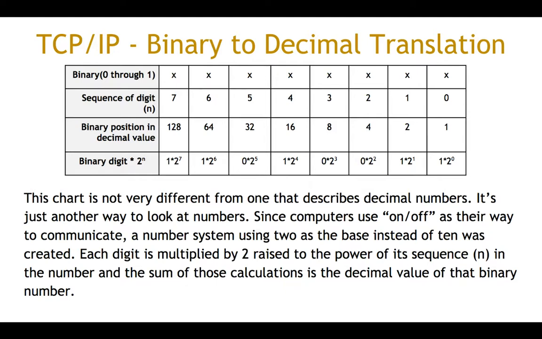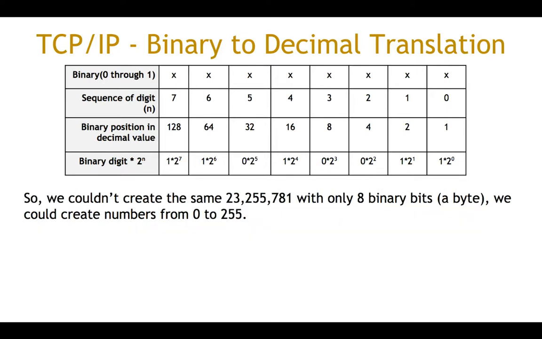If we were just a being that had just 2 arms, we would probably use the binary numbering system because it would be familiar to us. We tend to use, or people, animals, whatever, tend to use what is familiar to them to help them along. All right, we couldn't create the same number as